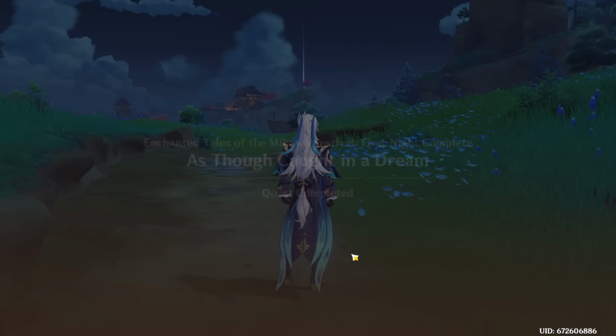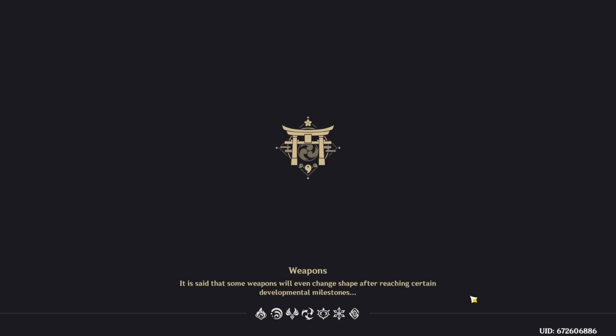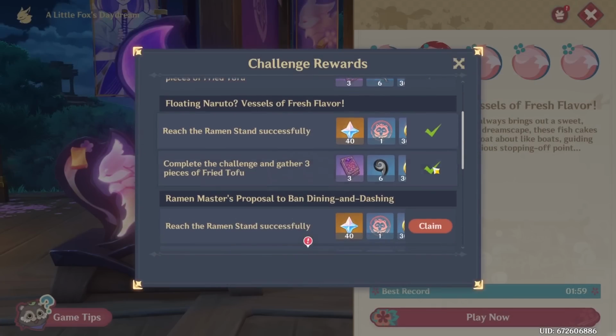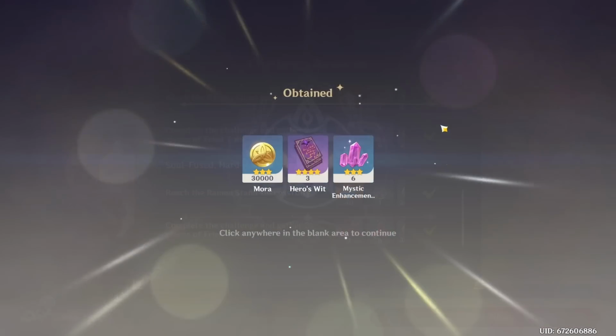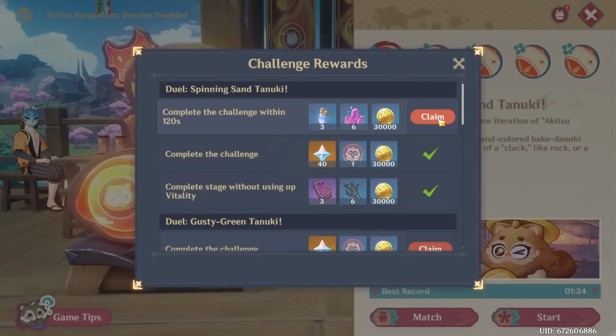Well, there is part 1 of the story. I'm going to do the rest of the story later because I cannot be bothered to do it now, but I do want to do these events. Well, there is event number 1 completed. This is probably my favorite of the 3. And there we go, there is event number